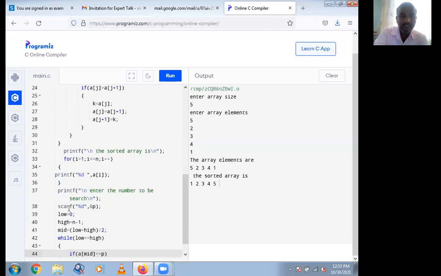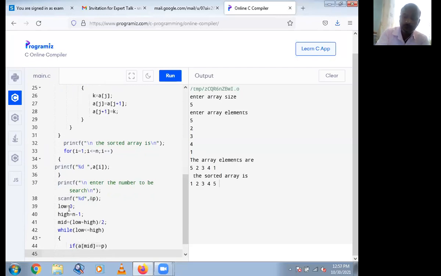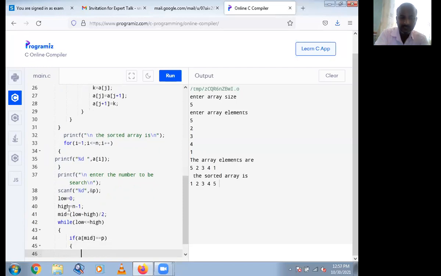and here in the while loop there is an if statement. If a of mid is equal to p, if this statement is true, then printf "\n %d number is found at %d location."